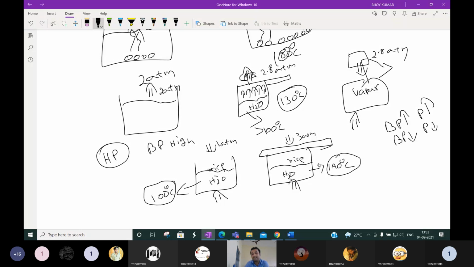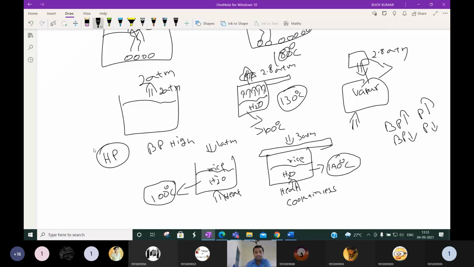Then why are we saying that in the pressure cooker the rice is getting cooked fast if the boiling point of water is higher? Now you got the question. Why is the cook time less here if the boiling point is higher? Same heat we are giving, same heat we are giving. Okay, please think about it and come prepared in the next class.